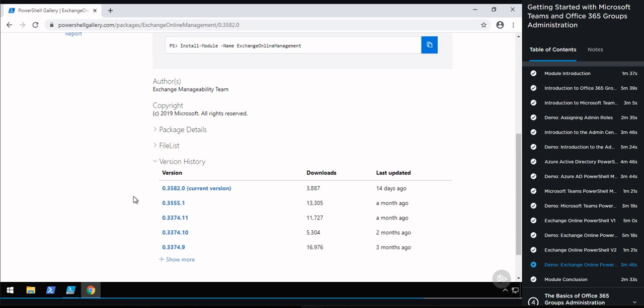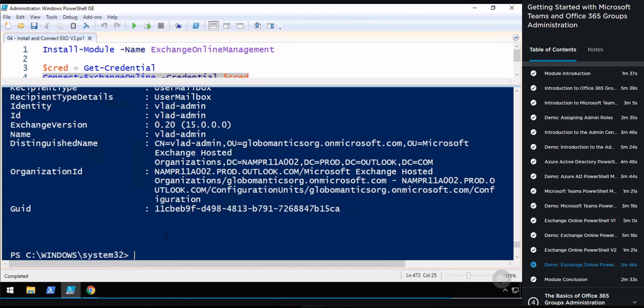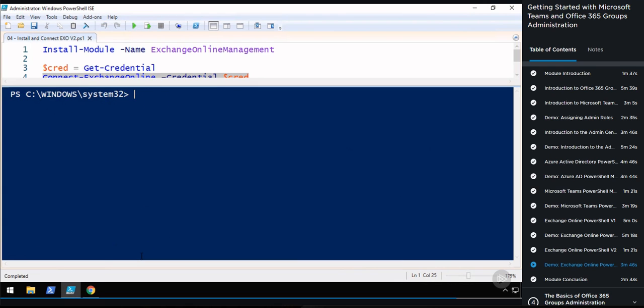Microsoft Teams has 4 different admin roles that you can assign to administrators depending on what part of Teams you want them to manage. We have then looked at our administration toolbox, starting with the different admin centers. We have looked at the Microsoft 365 Admin Center, the Azure Active Directory Admin Center, as well as the Teams